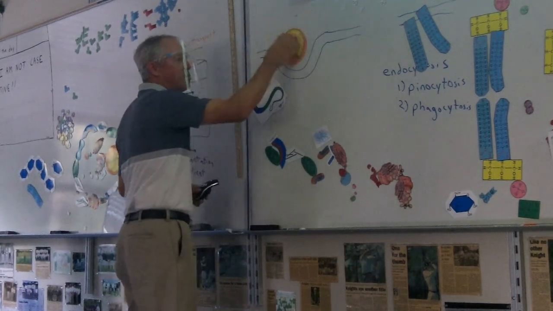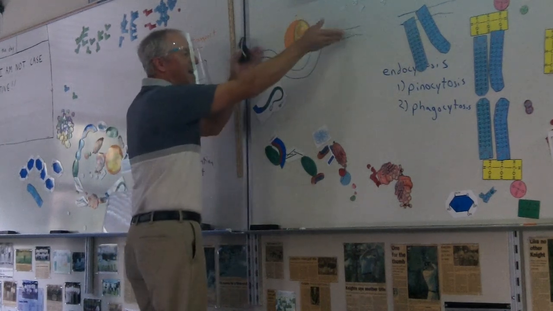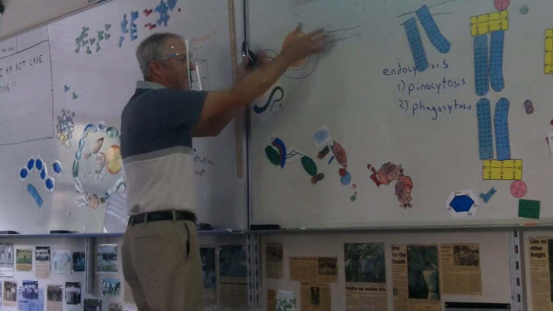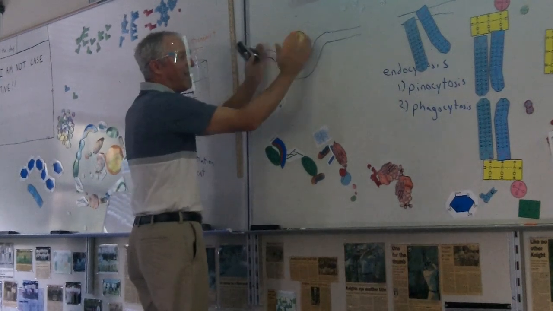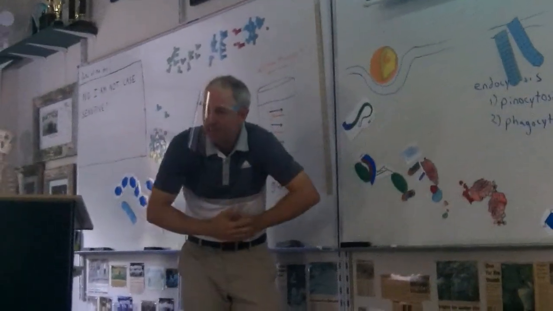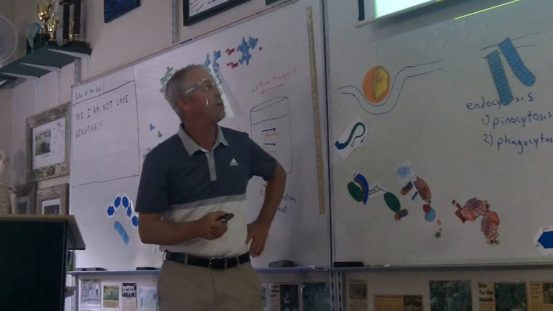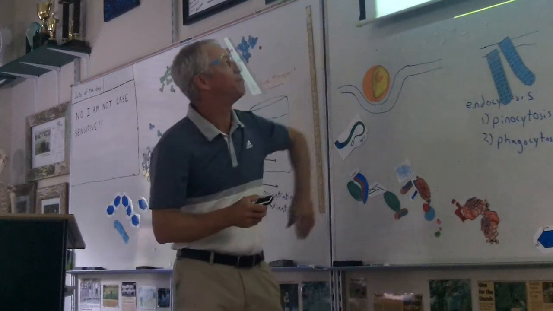And this object might just be too big for the cell. So the cell can kind of wrap its membrane around the object and pull it in. Engulf it and pull it in and swallow it up. That's called bulk transport. You can see here in this picture, here's some large particle,